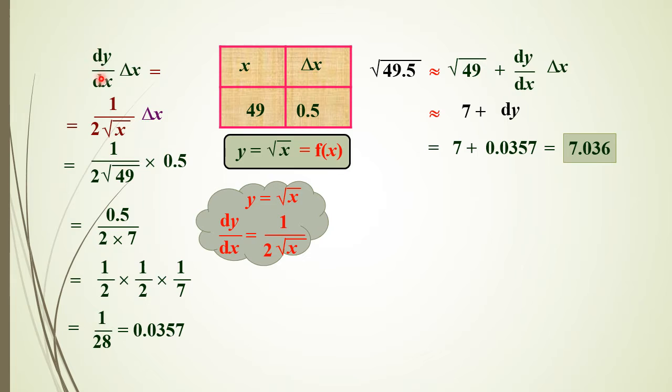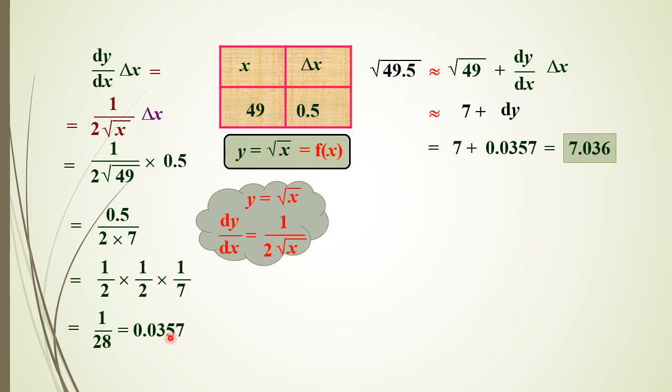Delta y by delta x into delta x can be written as dy by dx. After finding the derivative of root x, you'll get this much. Delta x, you write as it is. We know the values of x as well as delta x very well, so you substitute them here. After simplifying, you'll be getting